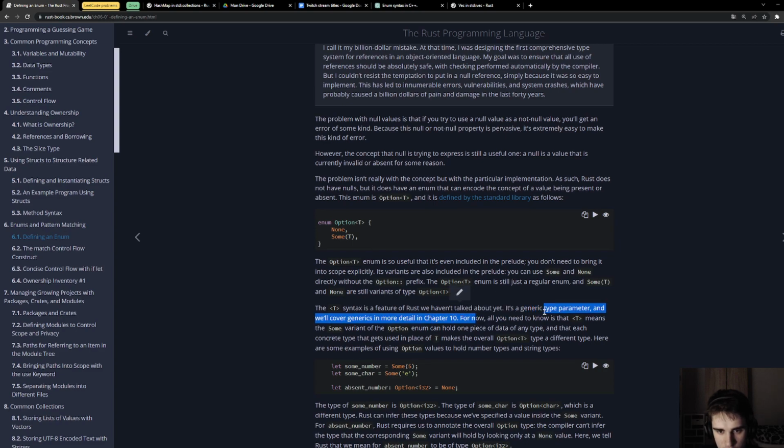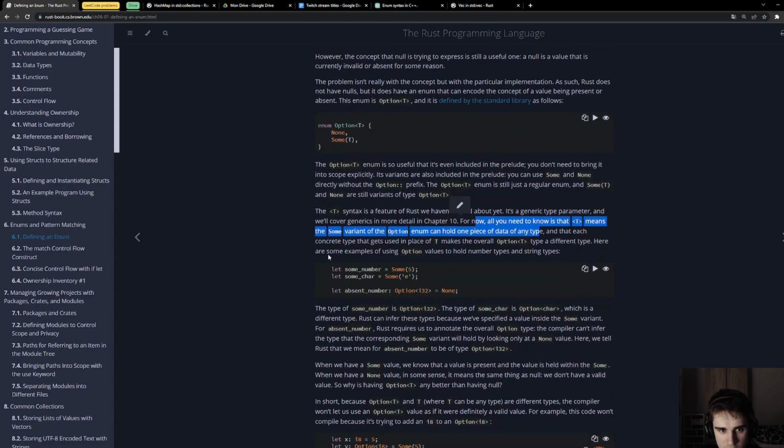For now, all you need to know is that <T> means the Some variant of the Option enum can hold one piece of data of any type, and that each concrete type that gets used in place of T makes the overall Option<T> type a different type. Here are some examples of using Option values to hold number types and string types. let some_number = Some(5); let some_char = Some('e');